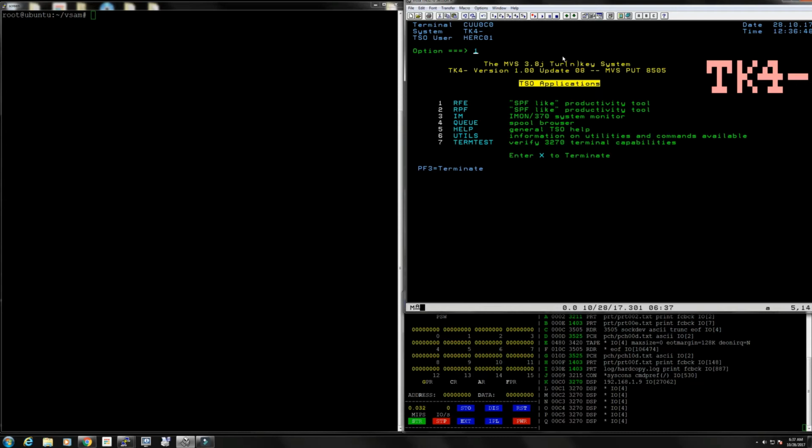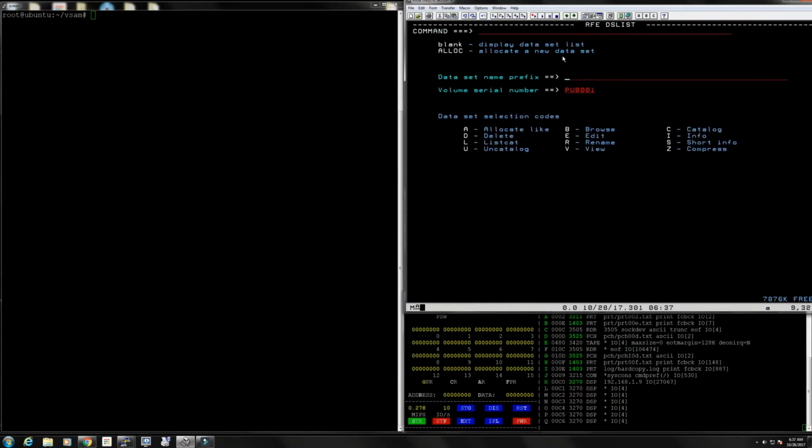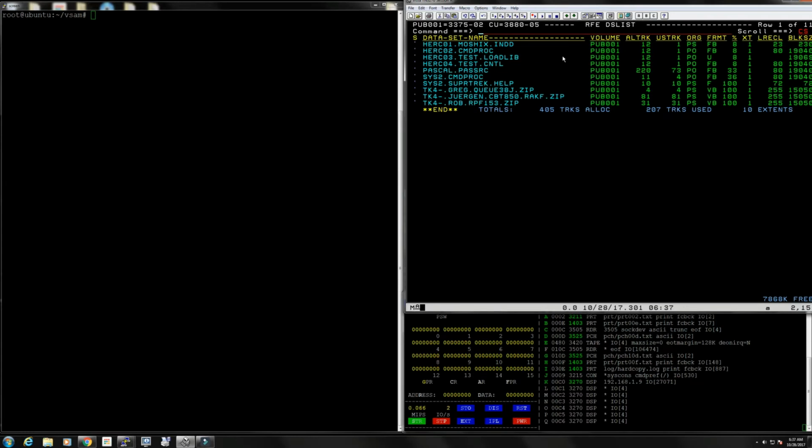So VSAM, let's start by looking at how VSAM looks on the volumes. I'm going to be using POP001 here, obviously free to use other volumes. So this is POP001 as it looks right now. There is only one dataset that's interesting here right now, which you probably don't have in your own installation, which is a sequential file,